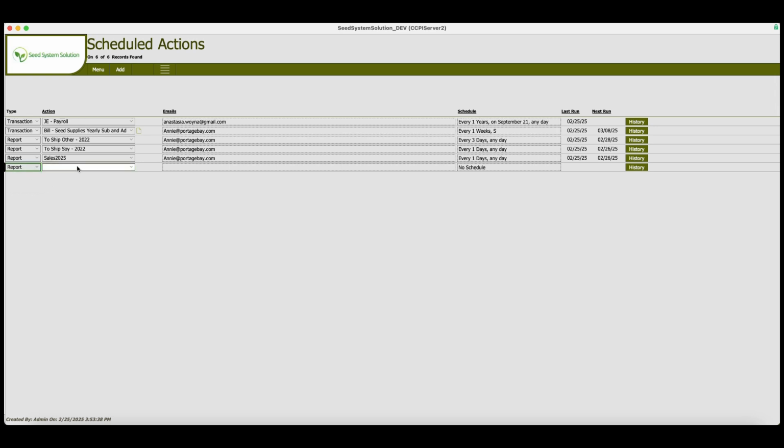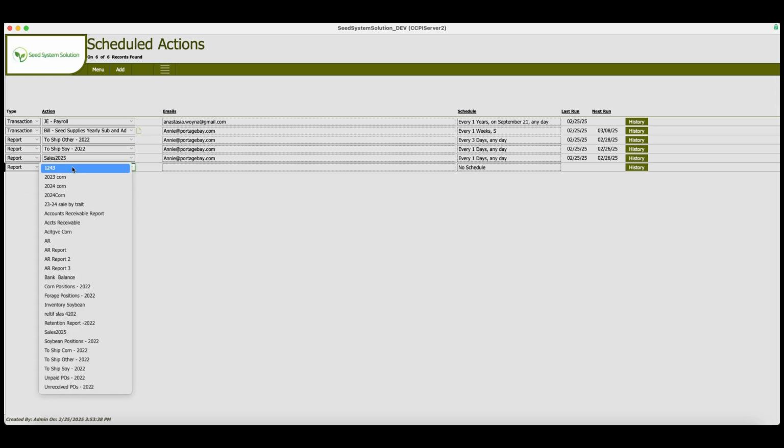So from Report, you're going to see a list of reports that you have saved as an option. Please note that these will only send with the default sort. If any of these reports have a custom sort on it, it will not carry through that custom sort, unfortunately, for the PDF that is sent via email. So select your saved report,